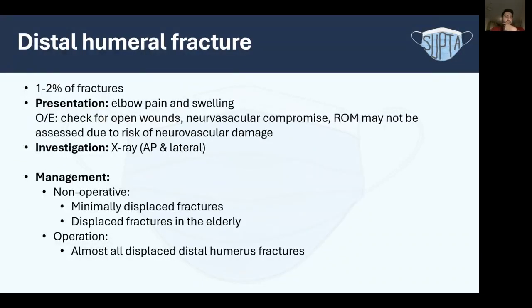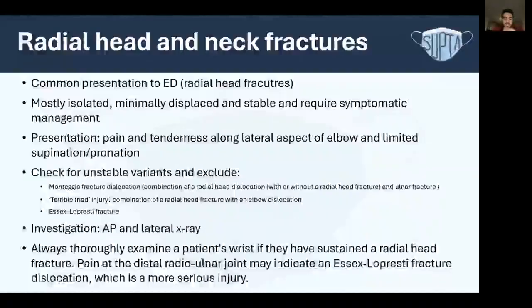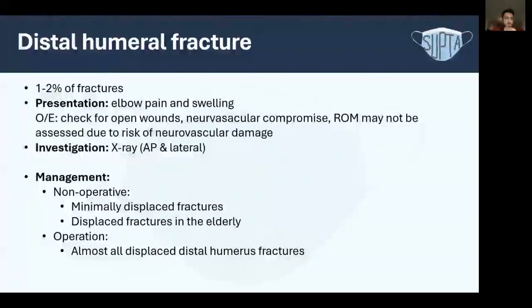With distal humeral fractures, these comprise 1 to 2% of fractures. Presentation is elbow pain and swelling. On examination, you need to check for open wounds, neurovascular compromise, and range of motion, and check they have sensation and everything is fine. Then you can order an X-ray, AP and lateral view, and the management is non-operative if there is minimal displacement,